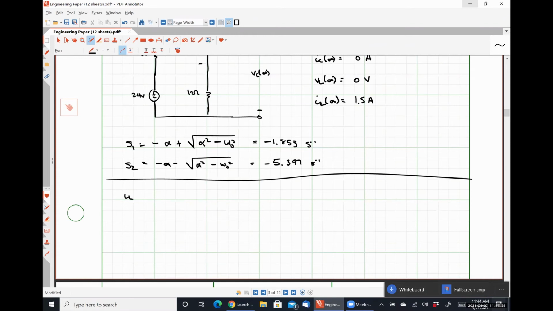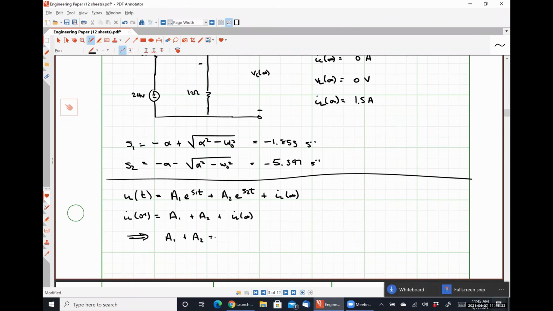we know that IL of t is of the form A1e to the S1t plus A2e to the S2t plus IL at infinity, because we have the source still left in, so we have to make sure to include this infinity bit here. At t is equal to 0, this reduces to A1 plus A2 plus IL at infinity, which gives us an equation that says that A1 plus A2 is equal to negative